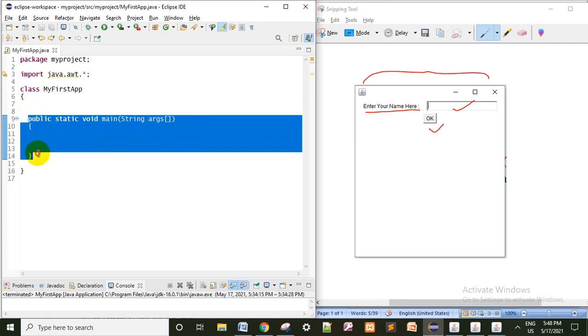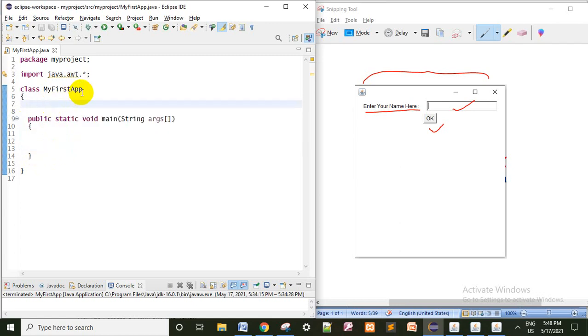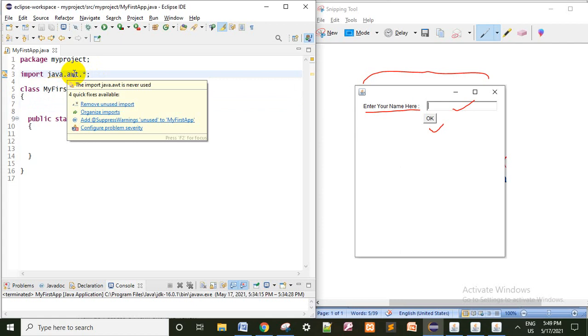This is the main method which I created, because our Java application starts execution from the main method. Others will not execute. I am using a frame based application, so we need to create a frame, and for that I am using one way, extending the Frame class which is available in AWT. When you import that package into my program, all the classes available in AWT come to my program.